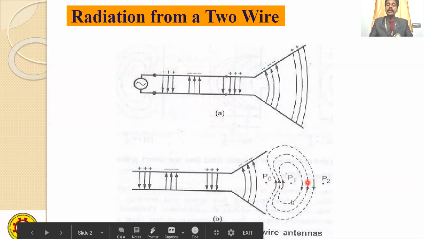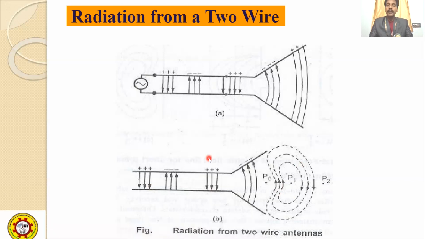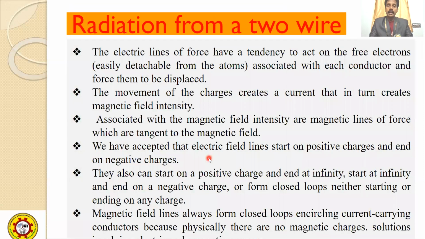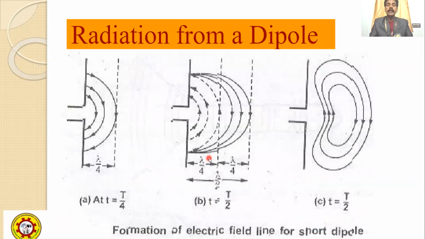So this encircling path is simply what you call the radiation from a given two-wire transmission line. This is the process by which a given two-wire line exhibits the radiation mechanism. Further, it can act to build a simple antenna. Now let us explain with another example, the commercial antenna.